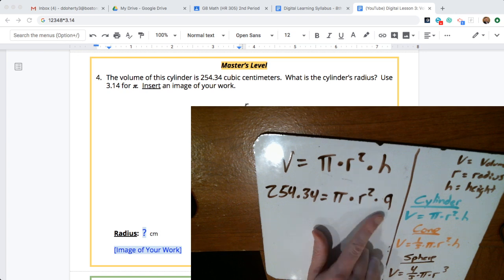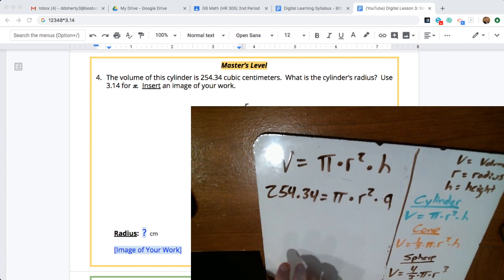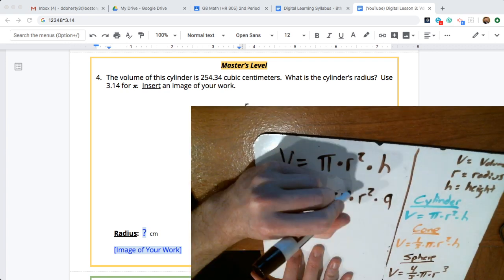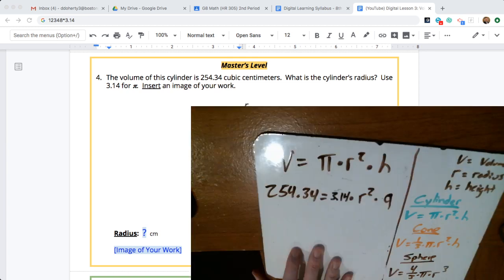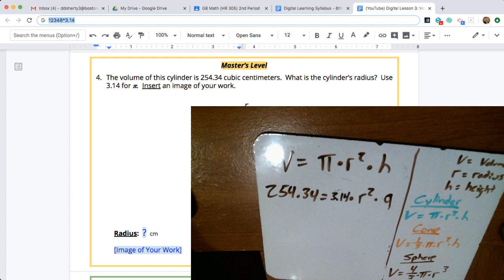So the first thing I'm going to do, I'm going to change the pi into 3.14. As pi, we're going to use 3.14 for most of the time, including this problem. And I'm going to do 9 times 3.14, because on that right side of the equation, I do have two regular numbers, two constants, 9 and 3.14, so they can be multiplied together first. That gives me 28.26,